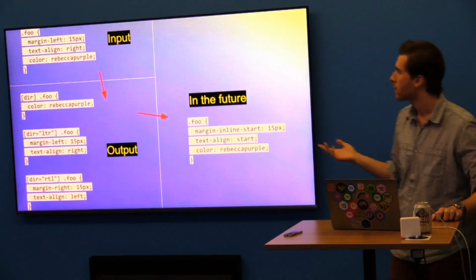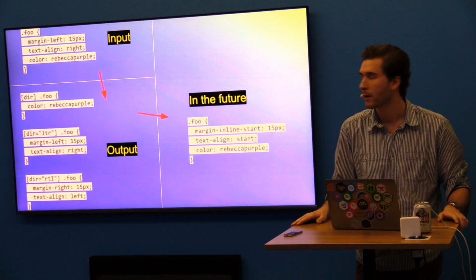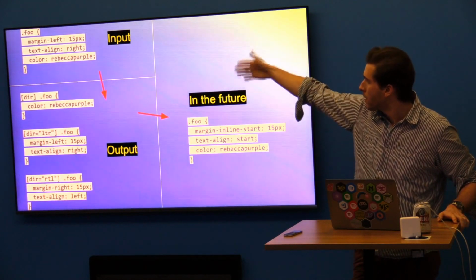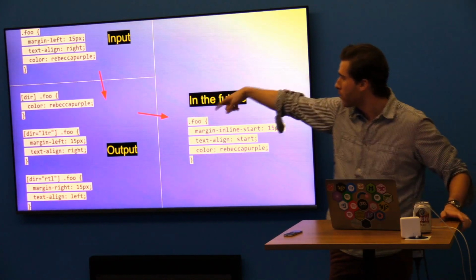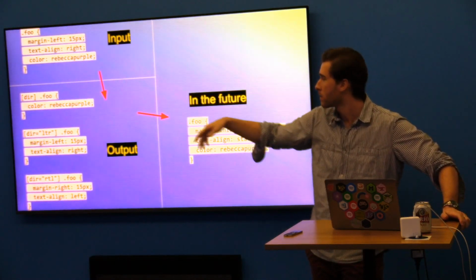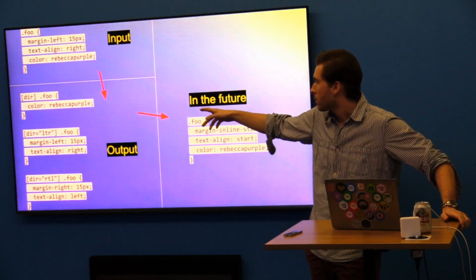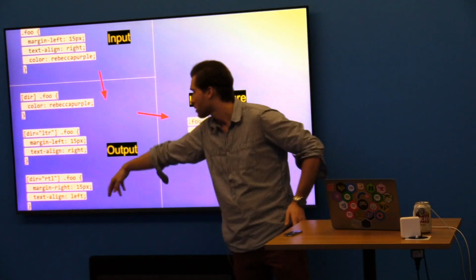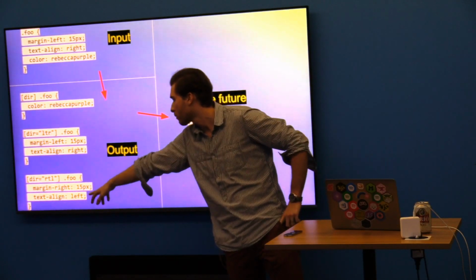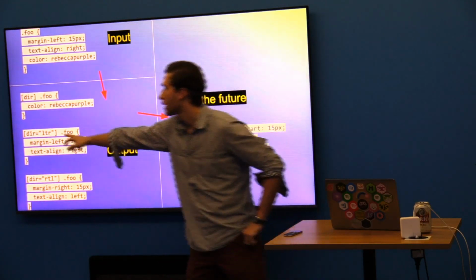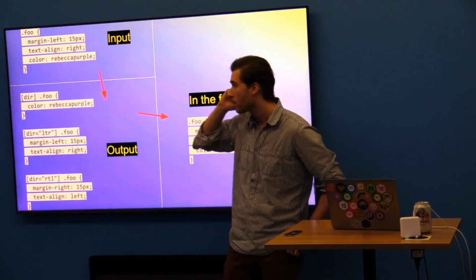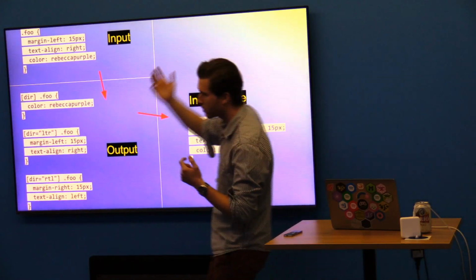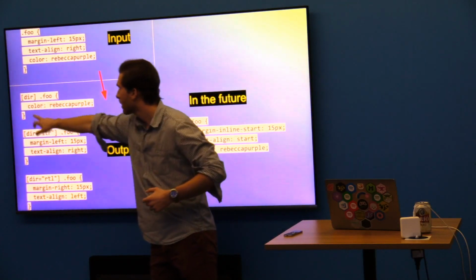So let's say that we are using a tool like PostCSS RTL, and we have a class rule definition in CSS in the input, and we have these 3 rules in there. We run it through PostCSS RTL or anything else, and it's going to separate out all the asymmetric attributes into these 2 new rules. So there's going to be one for left to right and one for right to left. And this is just targeting the closest element with a dir attribute there. And in case you're curious, this is just to keep the same level of specificity